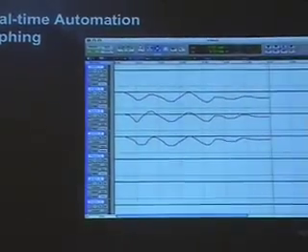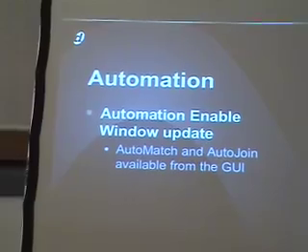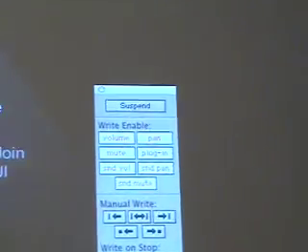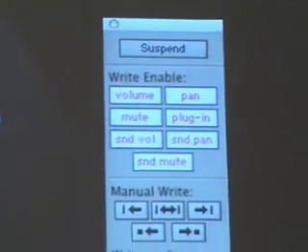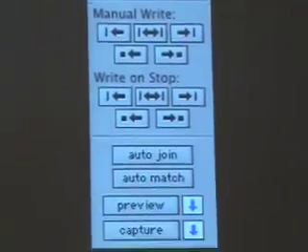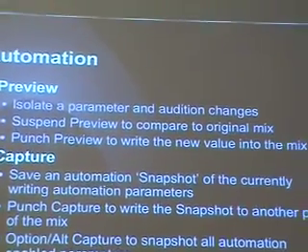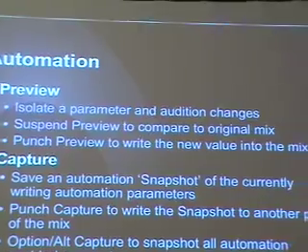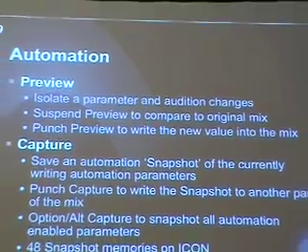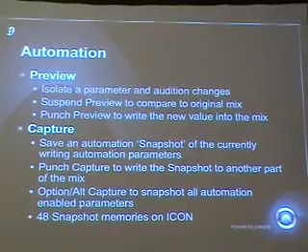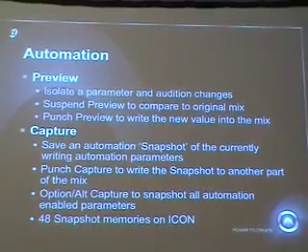That means that when you're moving a fader and you're writing automation, first of all, auto join and auto match. Now the auto join and auto match features were both introduced with Pro Tools 6.9, but they were previously only available in preview mode. What I do is I can touch any parameter, D command, that means I isolate the parameter. So it means that any automation which is existing on that parameter is ignored, and I can listen to what